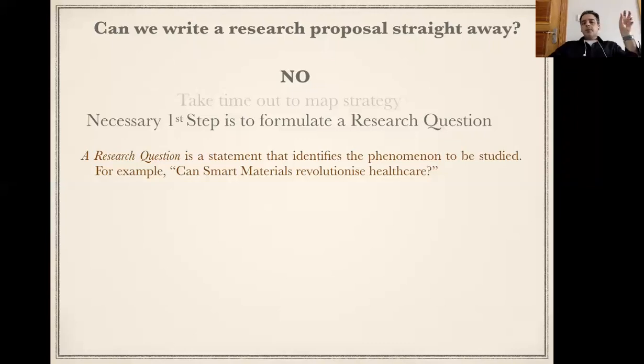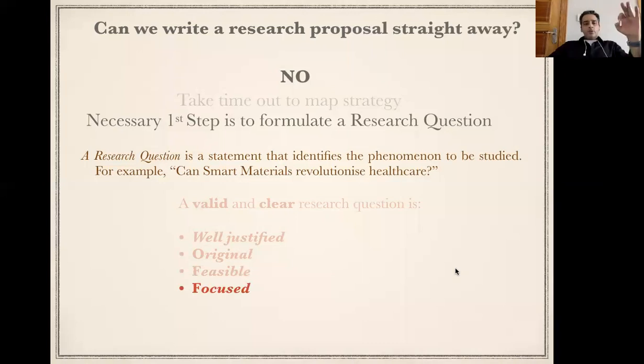There will be a point where I'll have to come to strategy two and see what is happening in the literature. I would go back and see what is in the literature. Then eventually I'll have to come up with a very valid and clear research question, which is well justified, original, novel, and significant. I do not want to do something which has already been done. Is it feasible? Is it focused on whatever I want to do? And it has to be within my discipline.